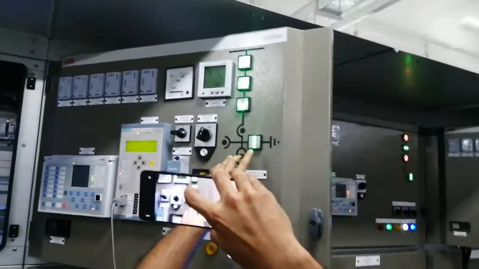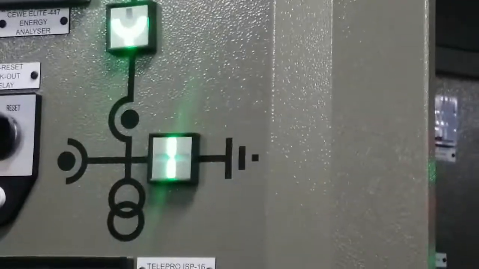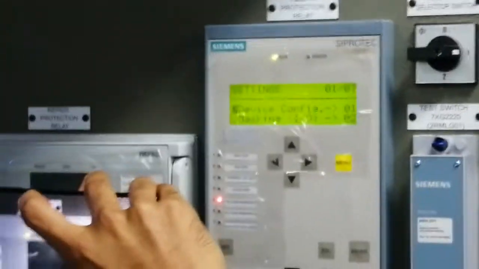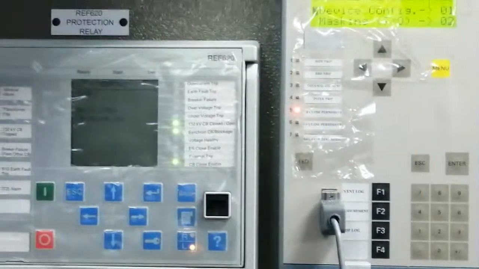I will show you the earth switch. As you can see, this is the incomer panel on which we are doing the test. So as you can see, this earth switch is open now. So this is green. The earth switch is open now. And there is no red LED on the ABB relay. As you can see, this is the trip LED on the ABB relay. This is off now. So there is no fault on this ABB relay. And what else do we have here? 11 kV circuit breaker is open. Okay, it's open. It's in service. So all conditions are okay except this service position. So the breaker is in test position.